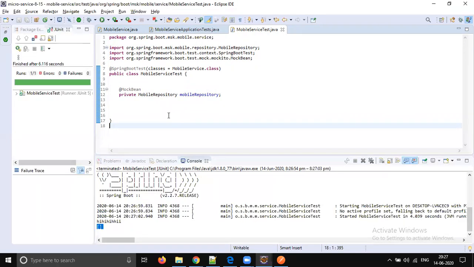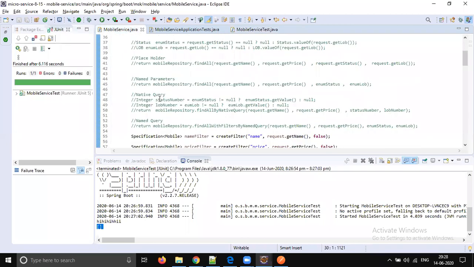For unit test cases, we're not supposed to have database dependency or service dependency, otherwise it is not called a unit test. Unit testing is meant to be purely independent. It's not supposed to have any dependency on anything. That is the reason why we are using Mockito.